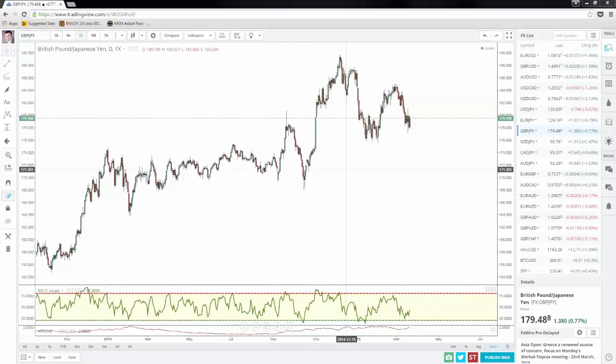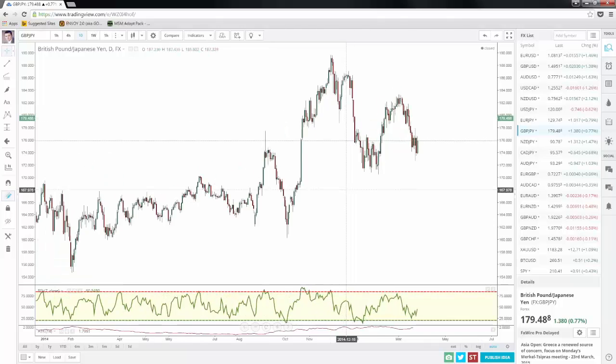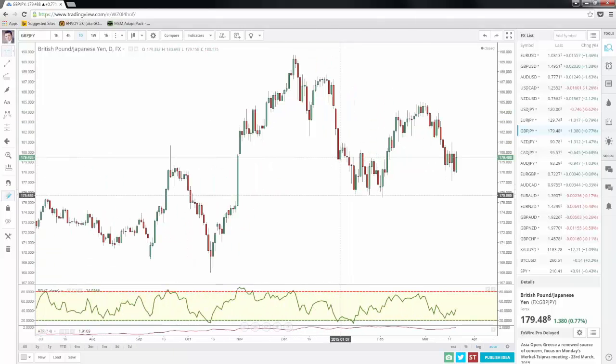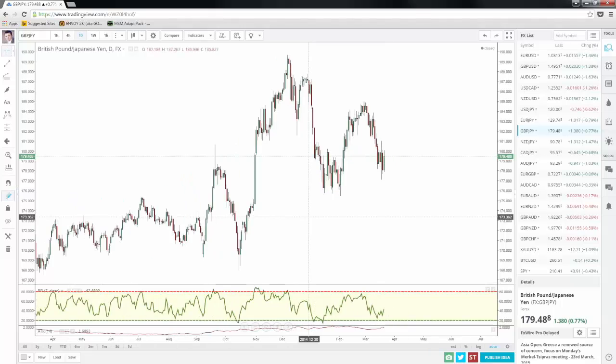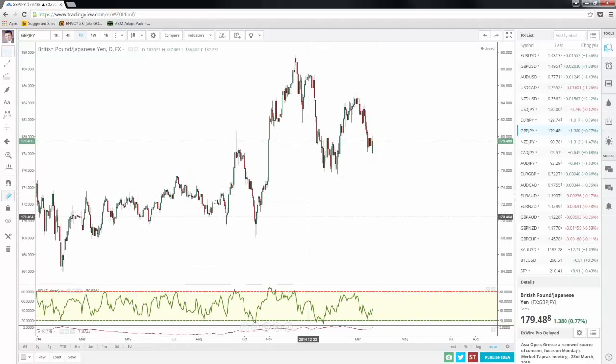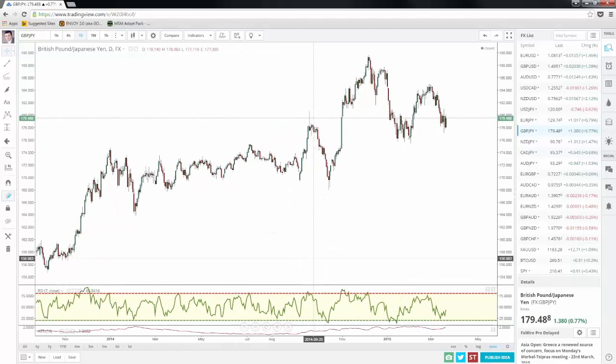Looking at pound yen on the daily chart, there's a lot of different stuff that we can discuss here in terms of structure and breaks of structure and where that indicates the market is going. But essentially, what we're looking for in any type of pattern formation is a series of events to occur, the outcome of which produces a statistically verifiable and repeatable